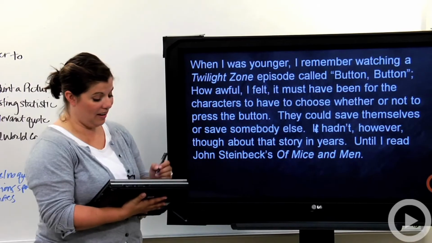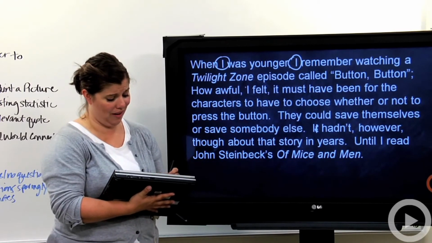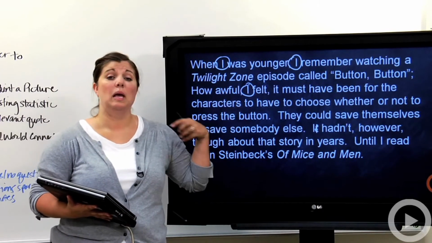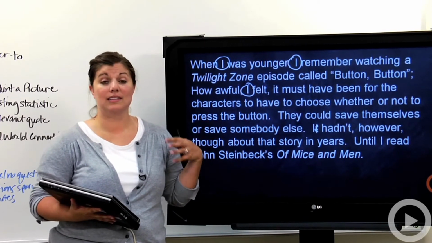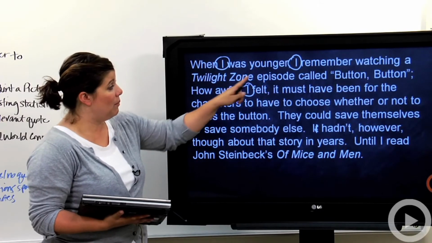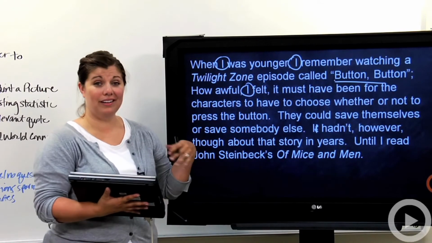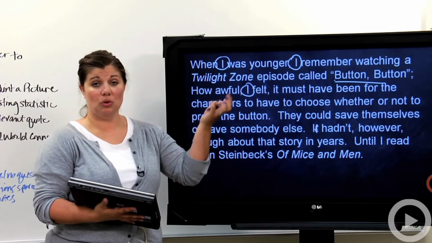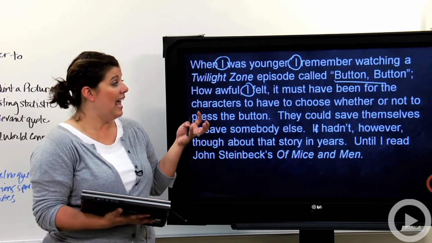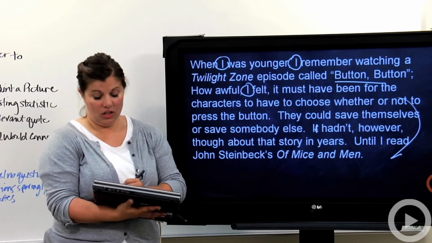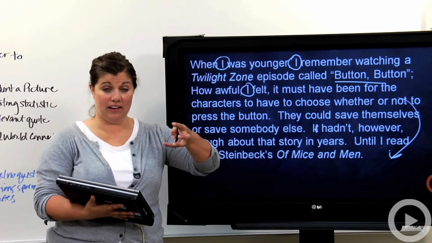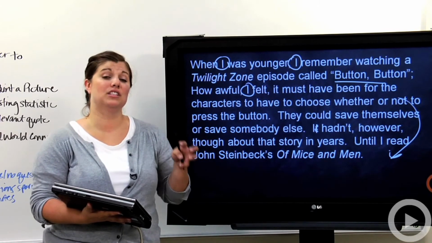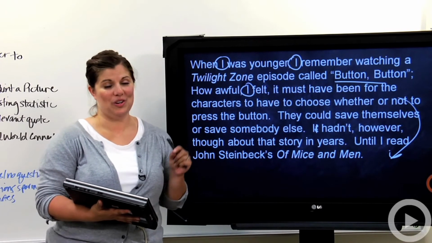So I like this because it employs the use of first-person pronouns. And I know sometimes we train students away from using that, but in a hook, when you're telling a story, it's completely appropriate. So it pulls that in. It tells a story about another story, so it makes a connection. And some people may be familiar with this episode, so it really draws them into the story, and then gives them a connection to Of Mice and Men. So we've got the connection of pieces of literature that might get people interested. So those are 3 effective hooks, and hopefully that will help you when you're creating yours.